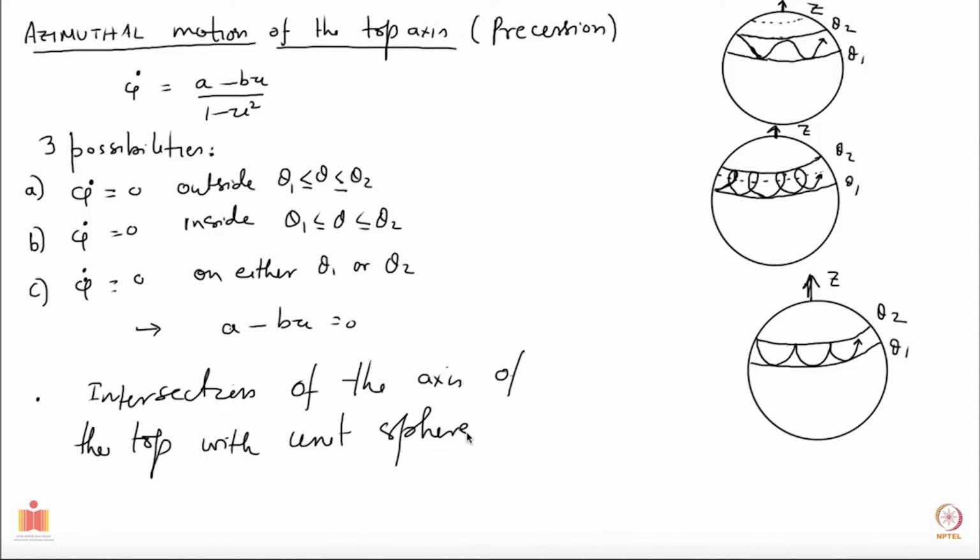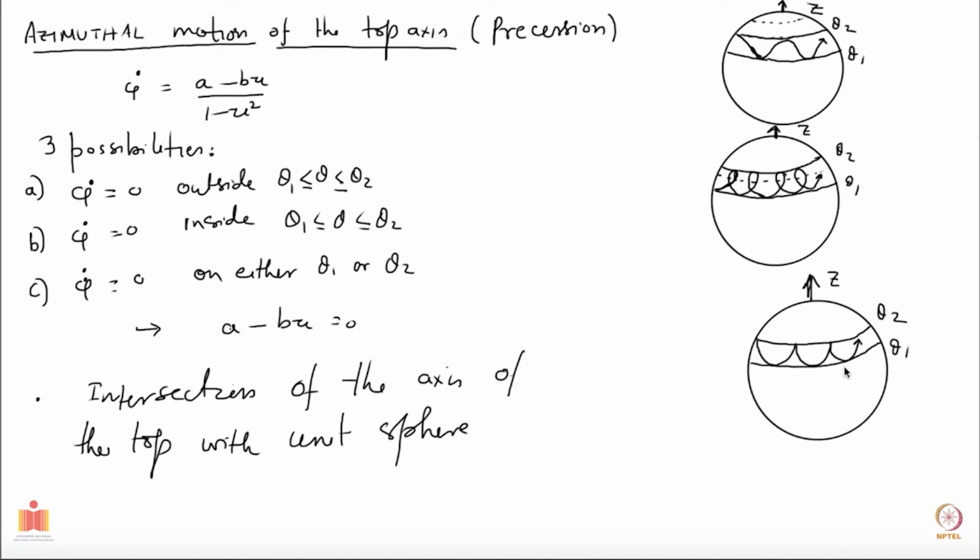In addition to spinning about its axis, the top also precesses, which we saw earlier in the free case, and in this case, with gravity being there and the top being heavy, we saw that there is also a nutation. If you look at the axis of the top, it's making these nice kinds of motion, and there are three possibilities, and one of these is going to be realized in your top.